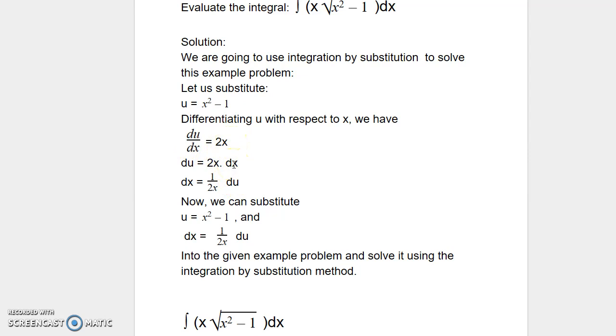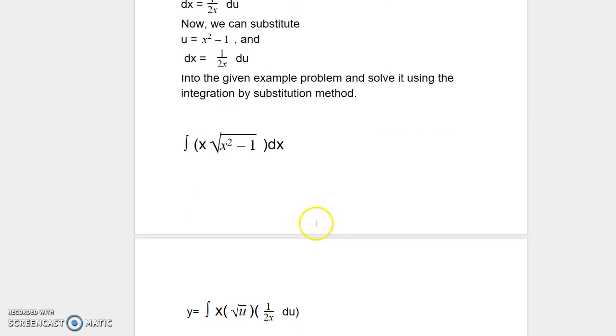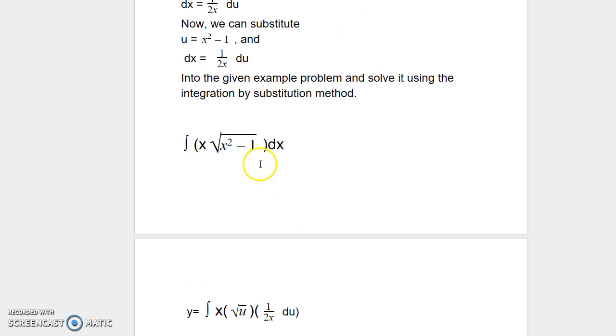Now if I want to express it in terms of dx, I can write it as 1 over 2x times du, like that. Now we can substitute u as equal to x squared minus 1 and dx as equal to 1 over 2x du into the given example problem and solve it using integration by substitution. So now our given problem is integral x square root of x squared minus 1 dx, and now we're going to substitute